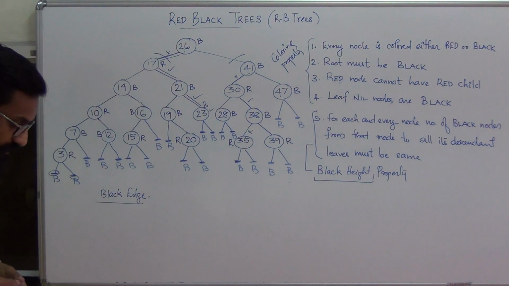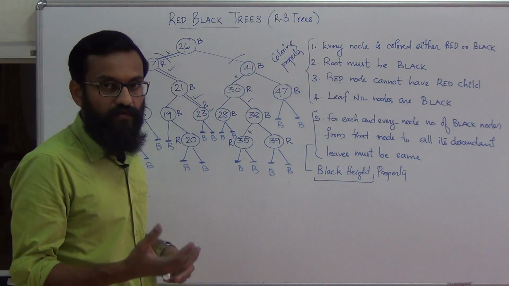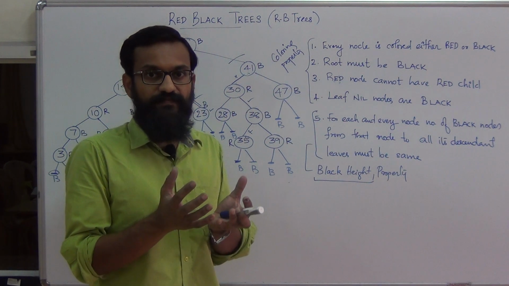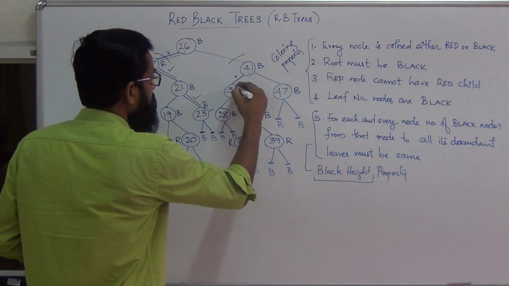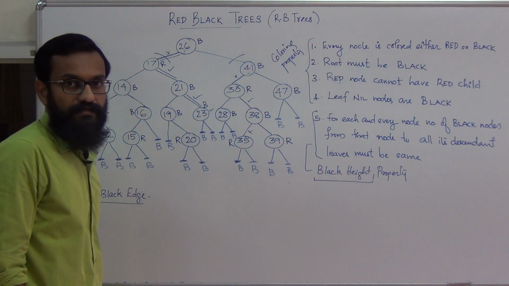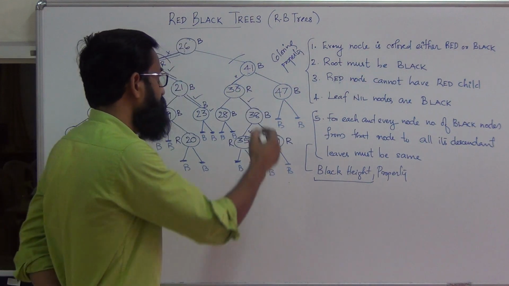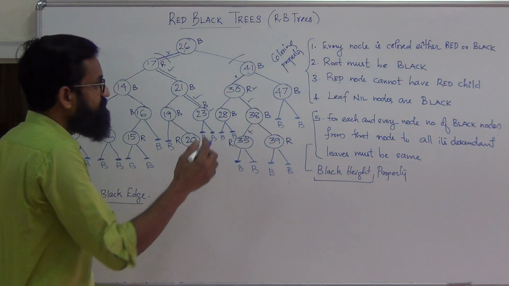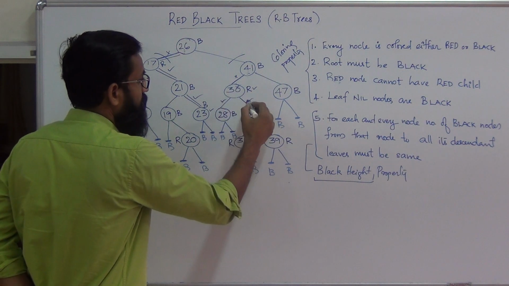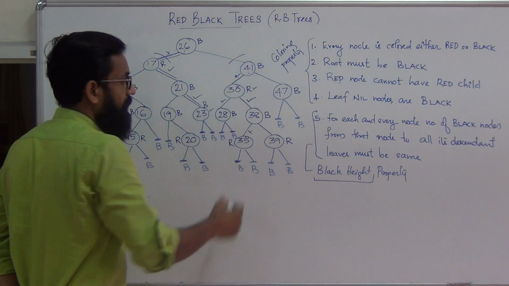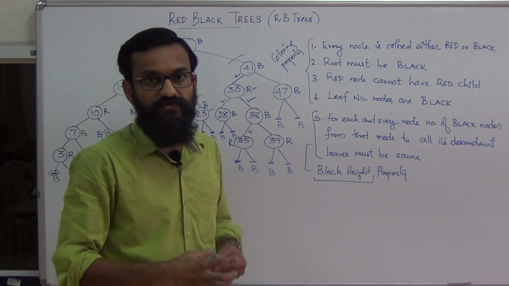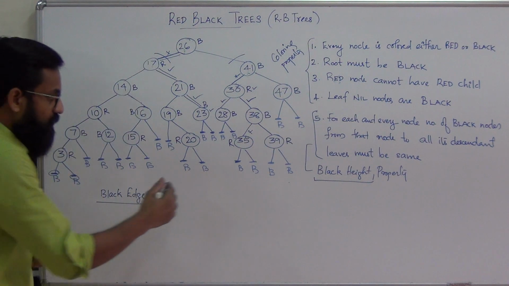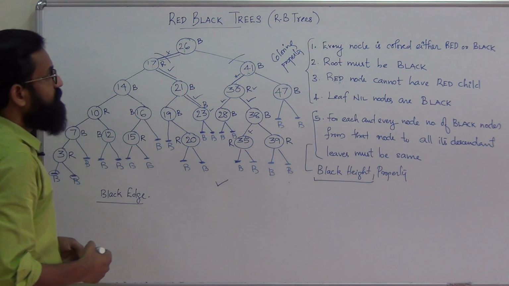Now from the implementation point of view, how will you define a node? If I take a node, what are the different components? The first component will be the key value. Then there must be a Boolean field that defines the color, which could be either red or black. Now there must be 3 pointers: one left child pointer, one right child pointer, and one parent pointer. These are the minimum requirements to define a node in a red-black tree. So that's all about the introduction to red-black trees.